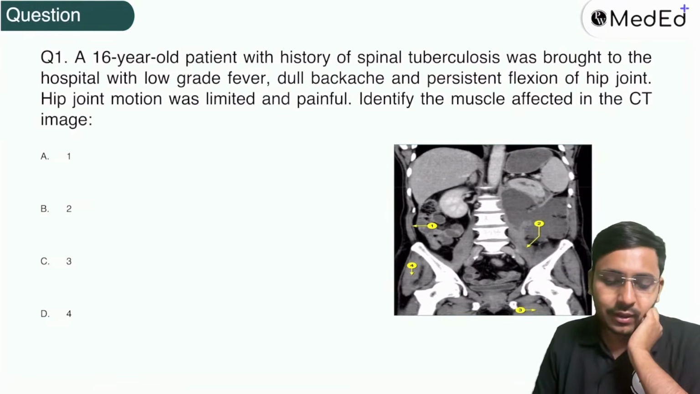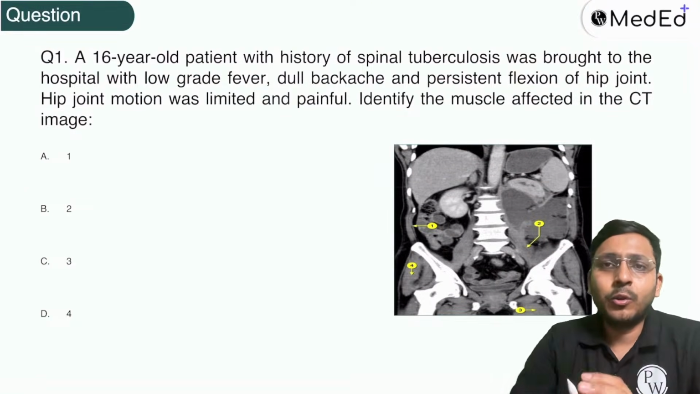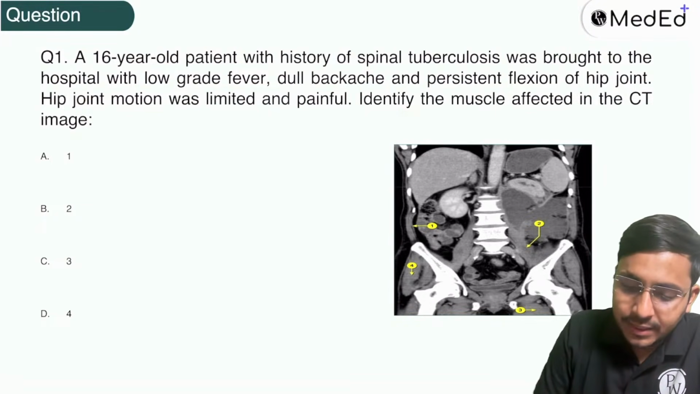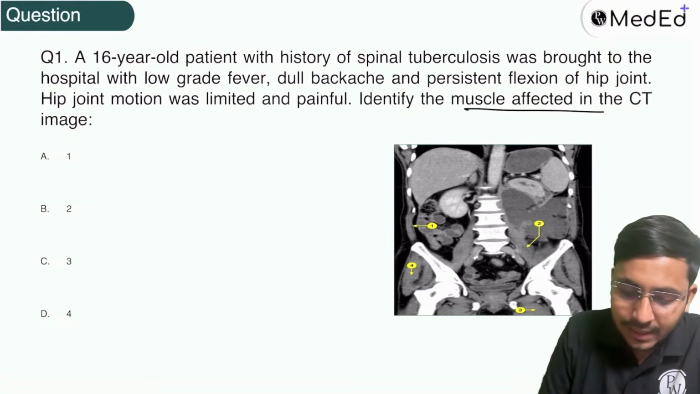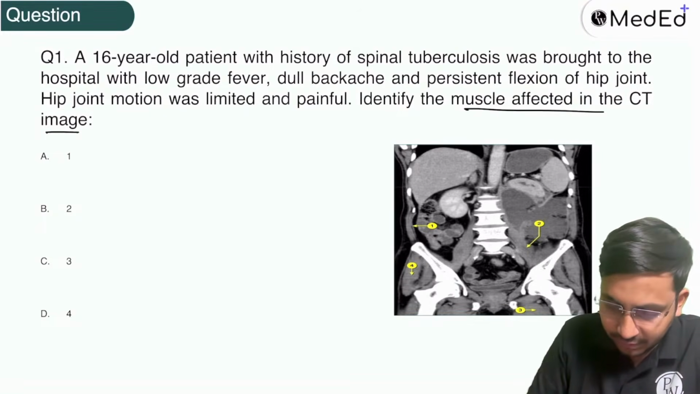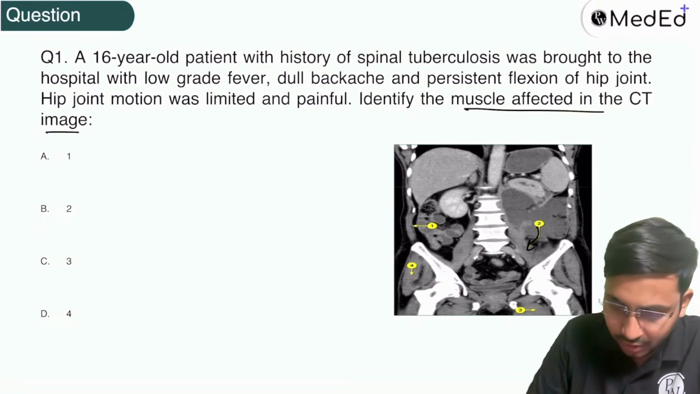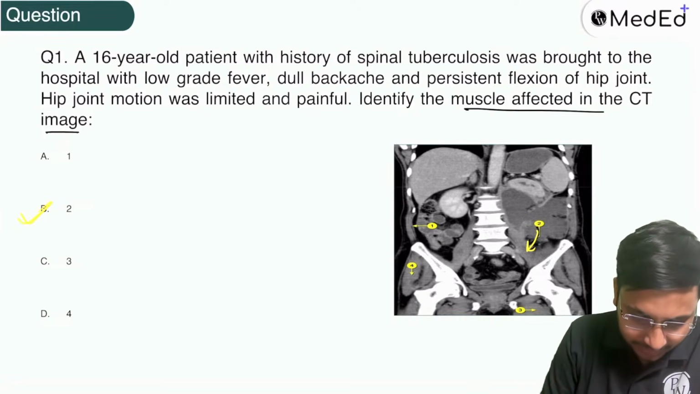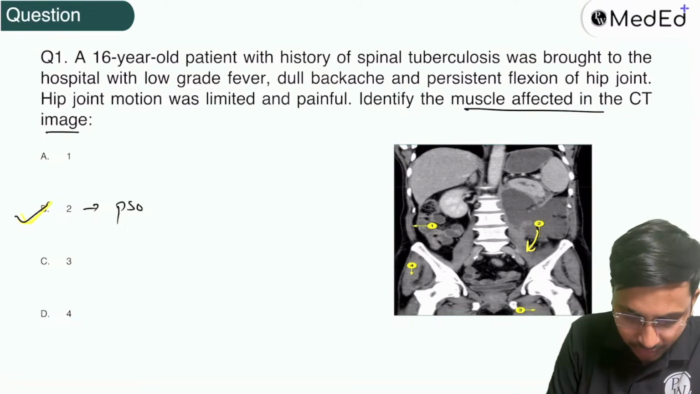So quickly, a 16-year-old patient with history of spinal tuberculosis was brought to the emergency with low-grade fever, dull backache, and persistent flexion deformity of the hip joint. Right. So what have you guys marked? Which is the muscle which is involved in this? This is the muscle which is involved, right? And this is the B option. B option is correct. Which muscle is this? This is psoas muscle,